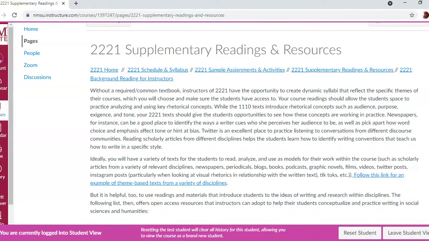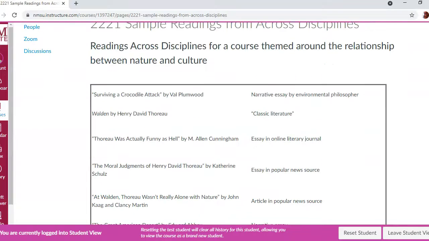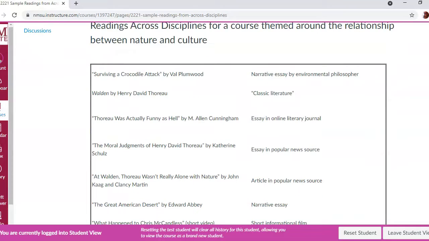I also want to draw your attention to a really nice example that Marissa Bond shared for the idea of using text from a variety of disciplines in a theme-based class. So she went ahead and annotated, for her course themed around the relationship between nature and culture, all the different types of texts that she was using.